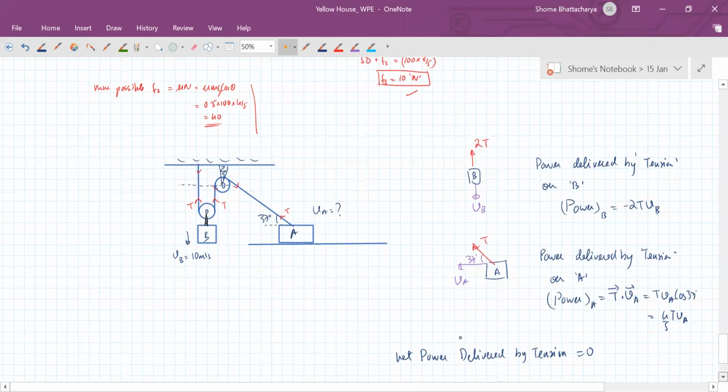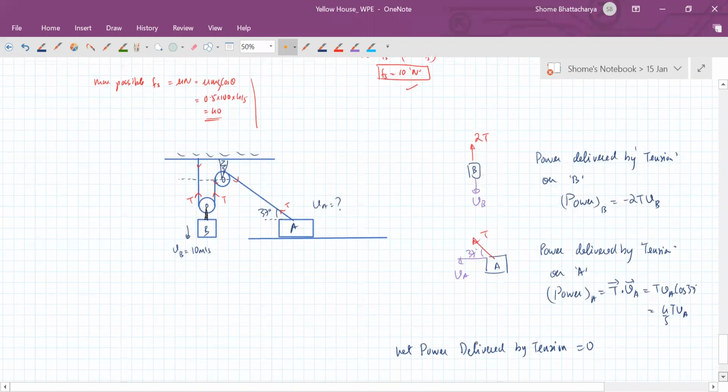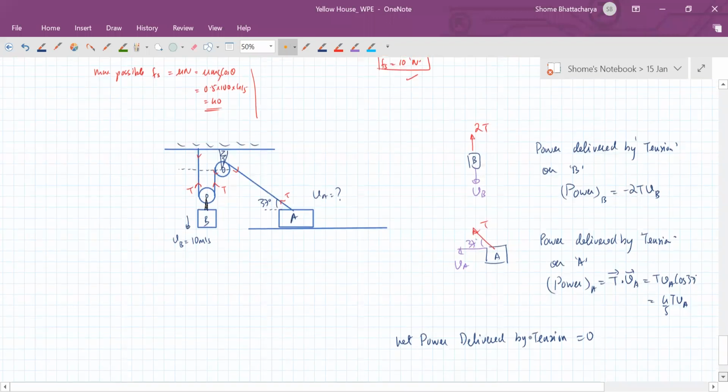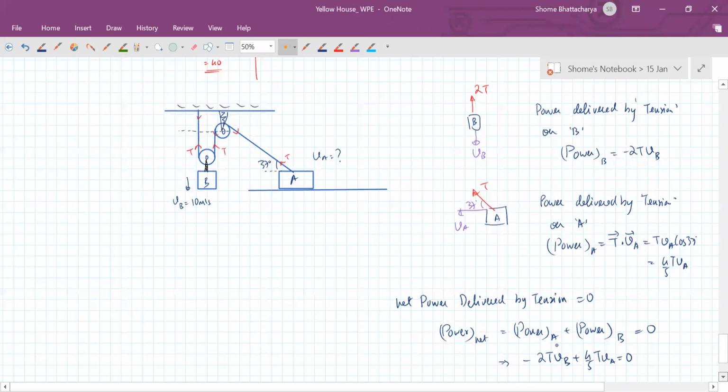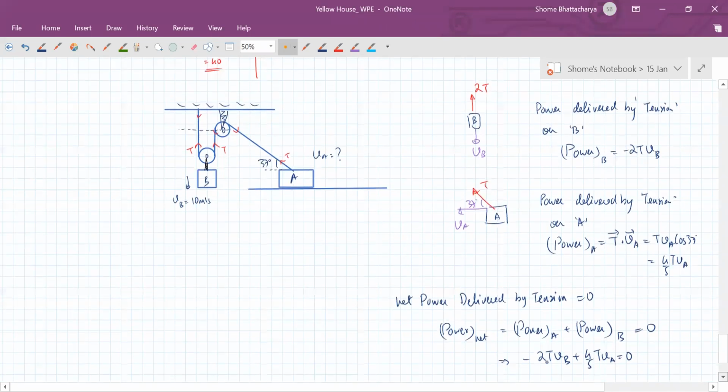So net power will be the sum of power delivered by tension on A plus on B. They should be 0. So this equation tells us that